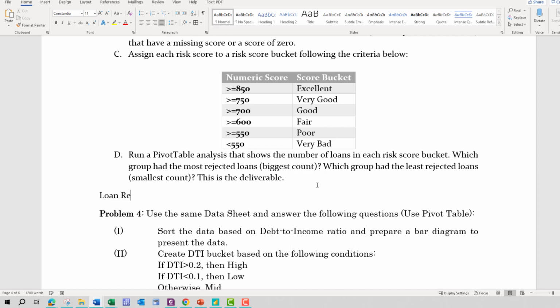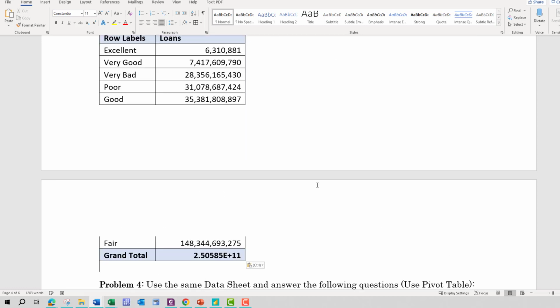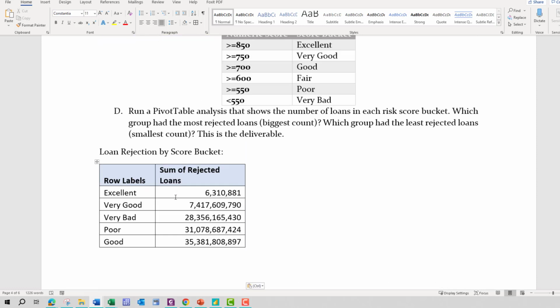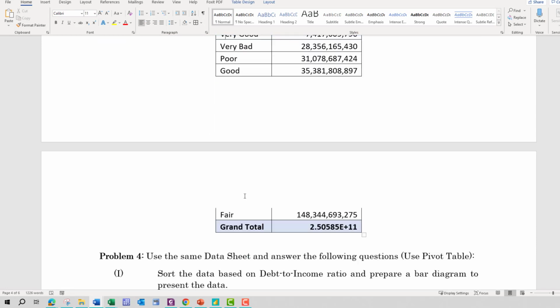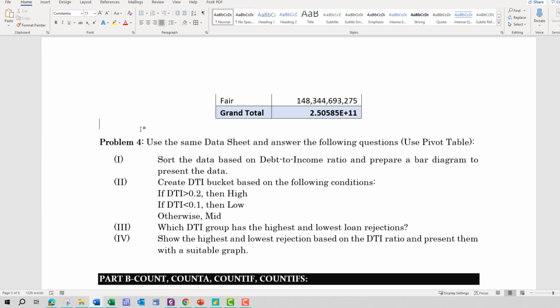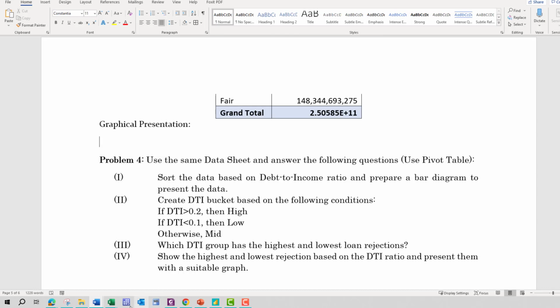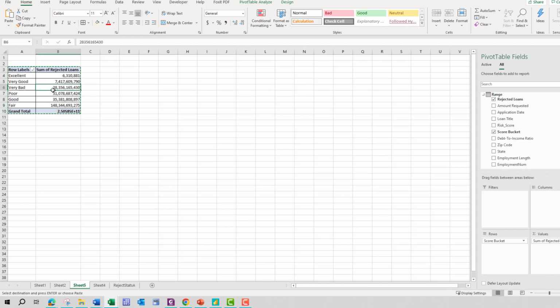Loan rejection by score bucket. Okay, and this one, okay, that is good. Graphical presentation. So if we do this, so what we can do,